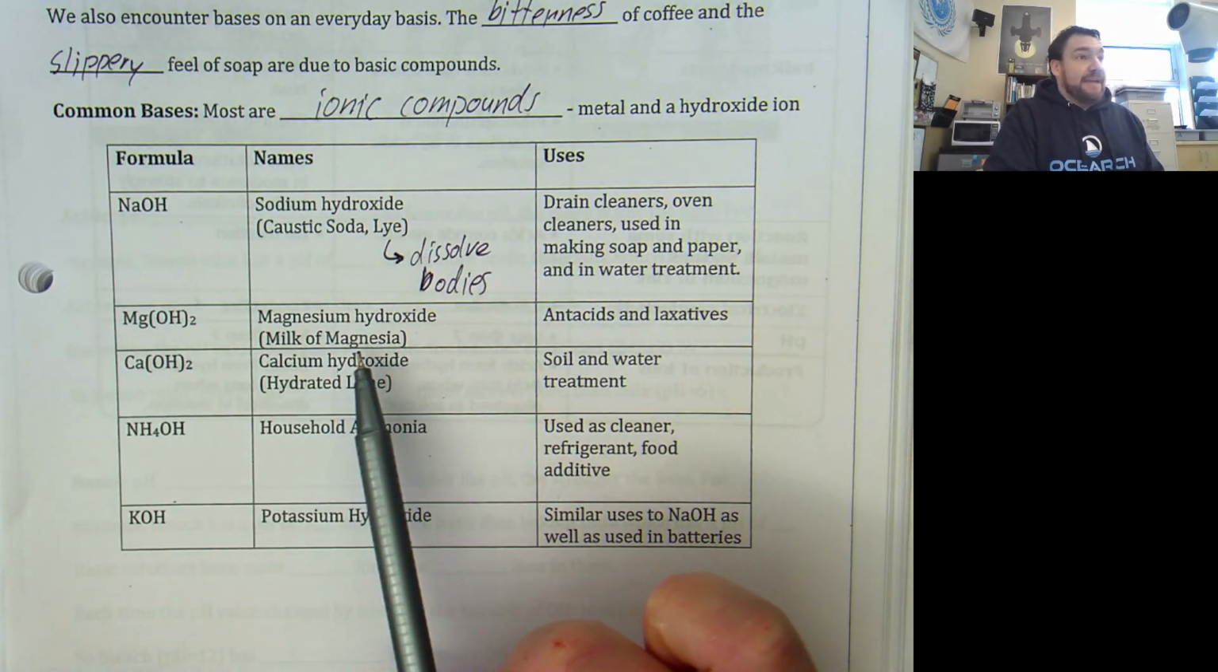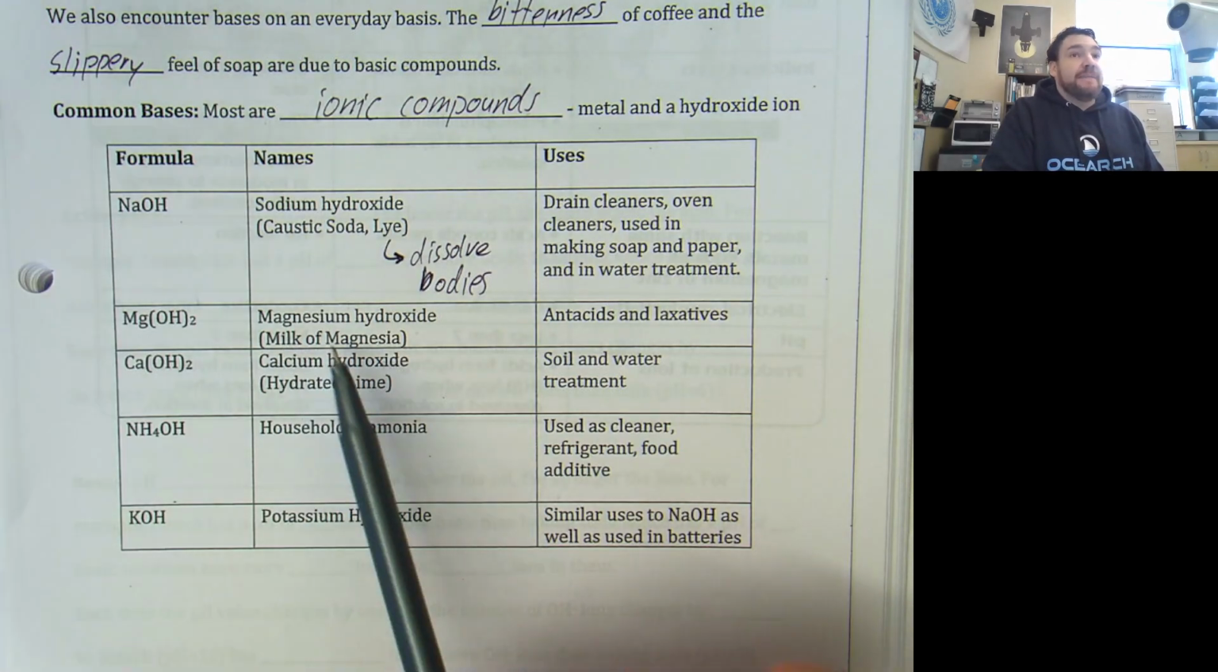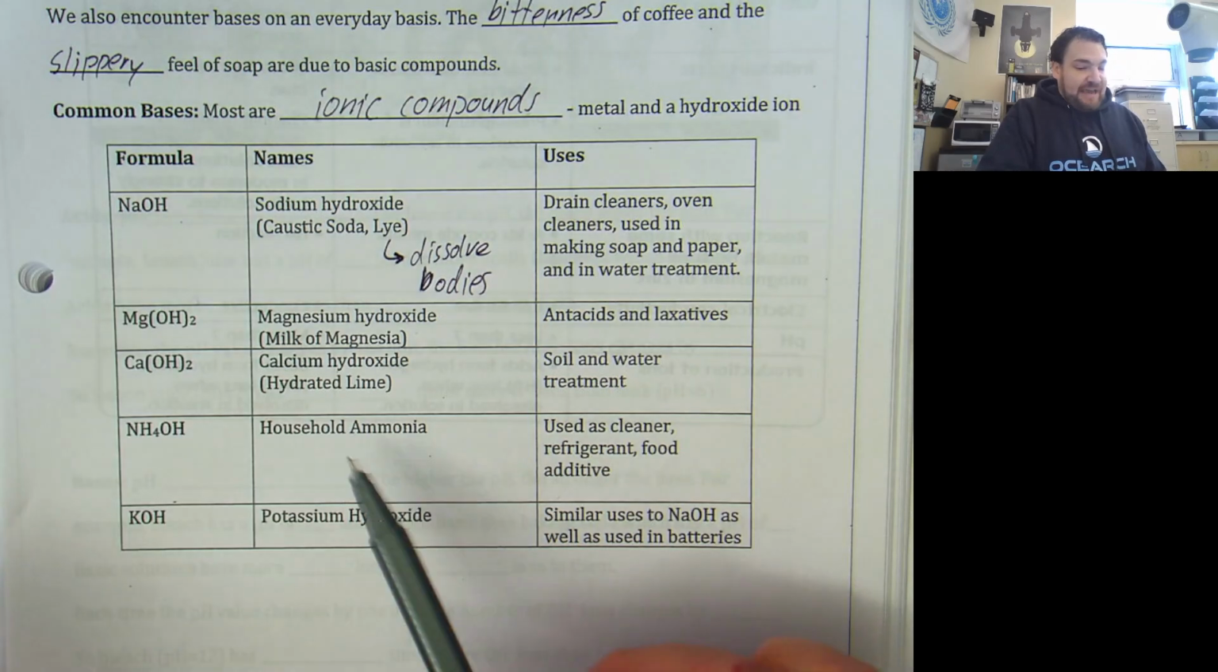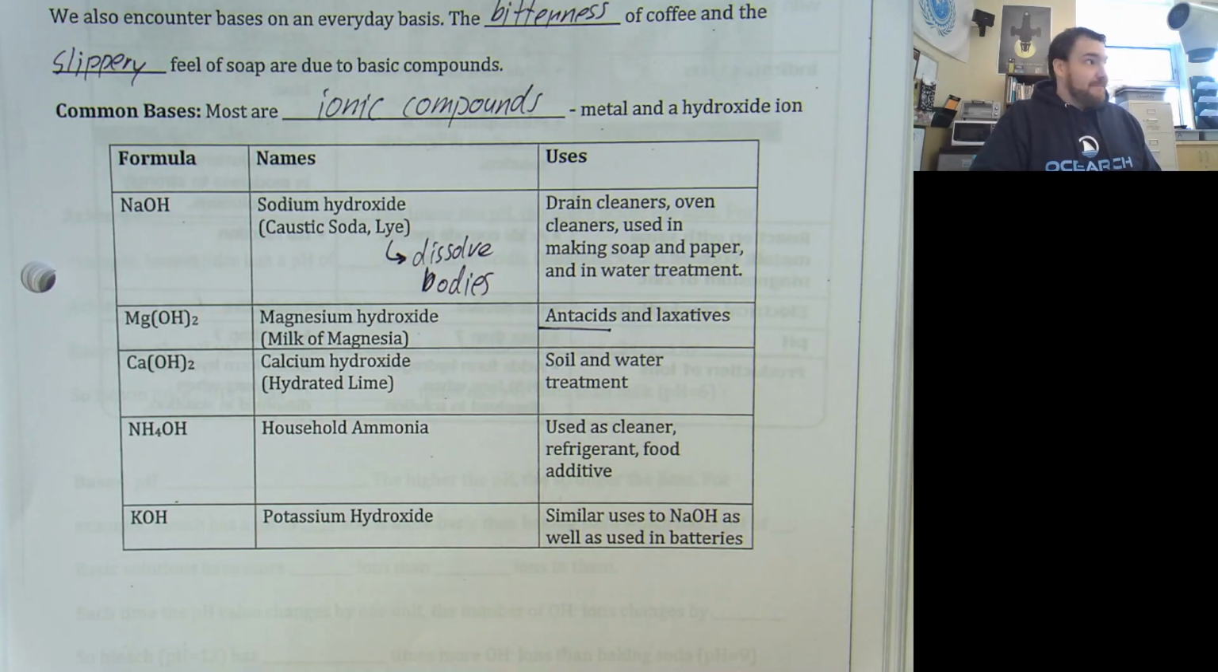Magnesium hydroxide is a base that has a really common use. Another name for this is milk of magnesia. I will show you this in the lab. It's an antacid. So when do you take an antacid? When you have